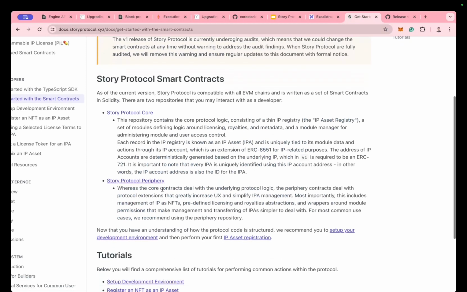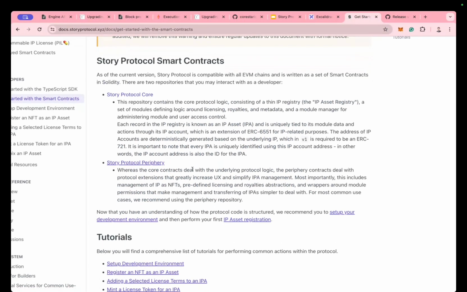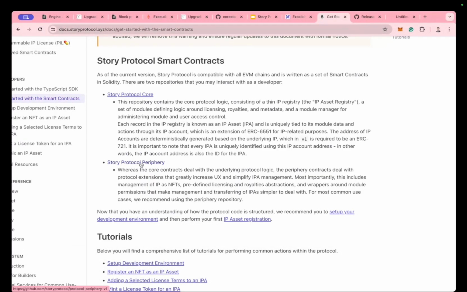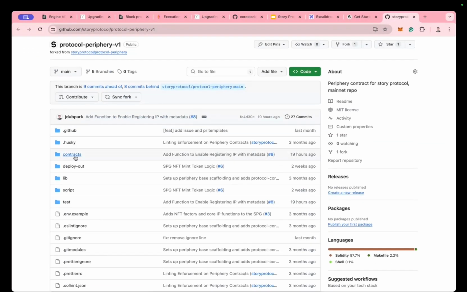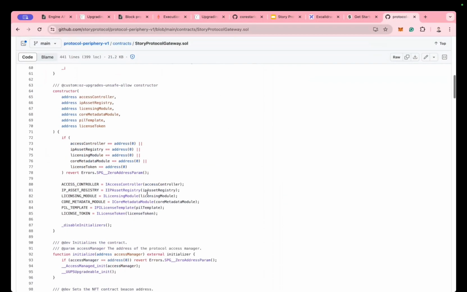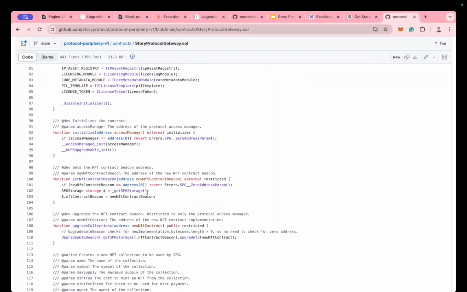And then there's the Story Protocol periphery, which sort of provides a thin wrapper around the core contracts, so that it's easier for users to interact with Story Protocol, especially for front end and SDKs. So right now, the core item in the Story Protocol periphery is the Story Protocol Gateway, or SPG for short. And this basically is sort of combining multiple functions into one function, so that whenever you call it from a front end or a SDK, you can just wait for one transaction instead of waiting for multiple transactions